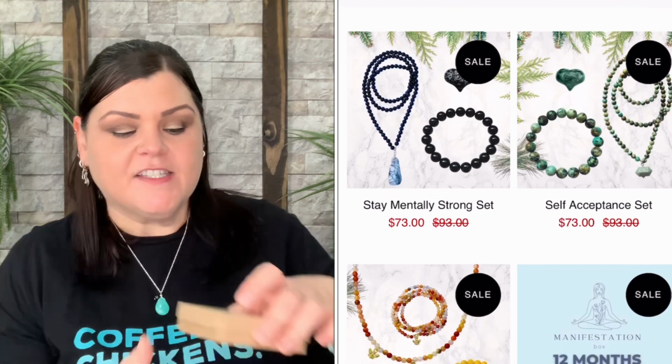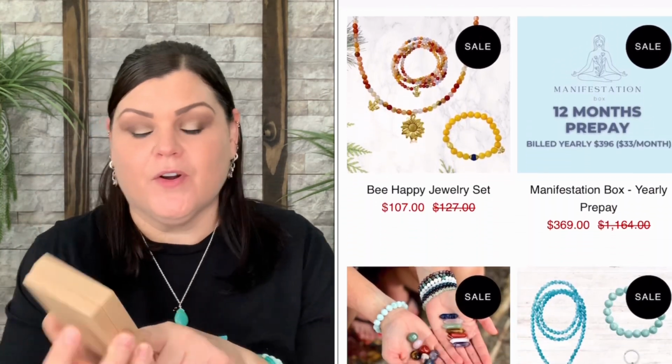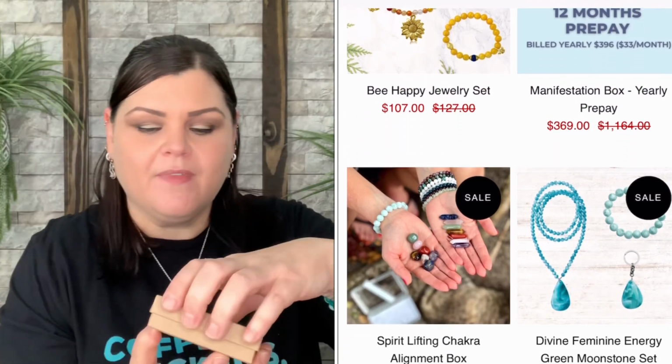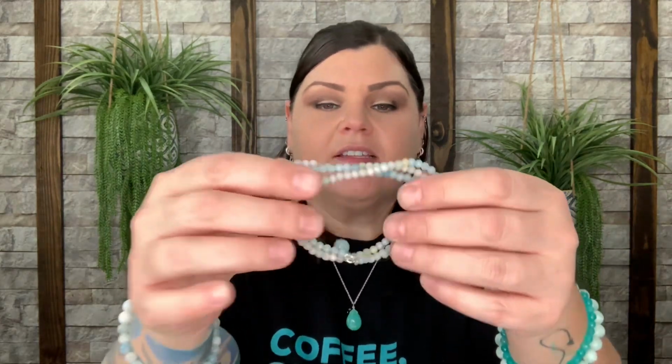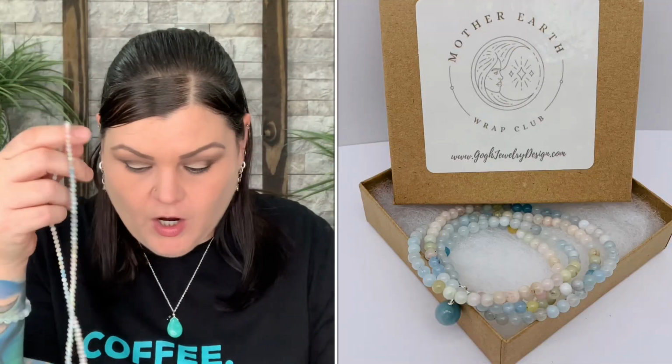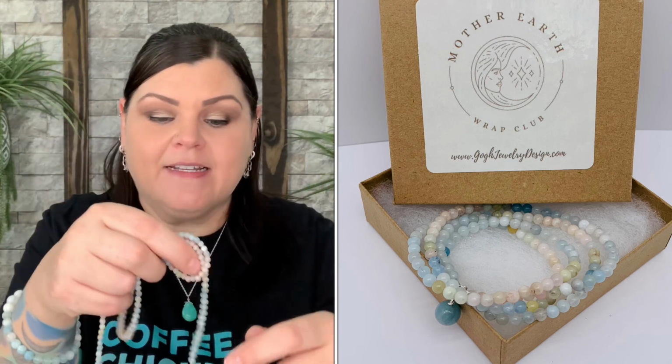see. Now let's go ahead and dive into the wrap. It comes in this box that says Mother Earth Wrap Club. And oh, I was like, oh, I didn't get my cards. Yes, I did. They're right there. That would have been a first, let me tell you. This is gorgeous. Okay, so there's only 1 card for this, so I'm going to assume this entire bracelet and this little